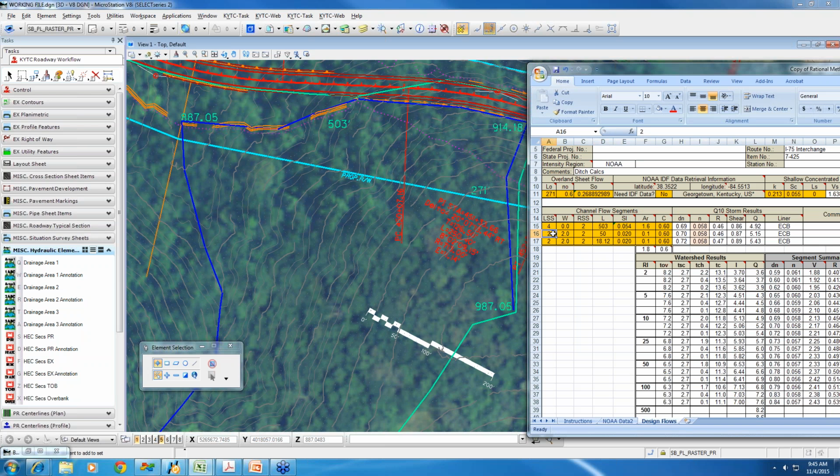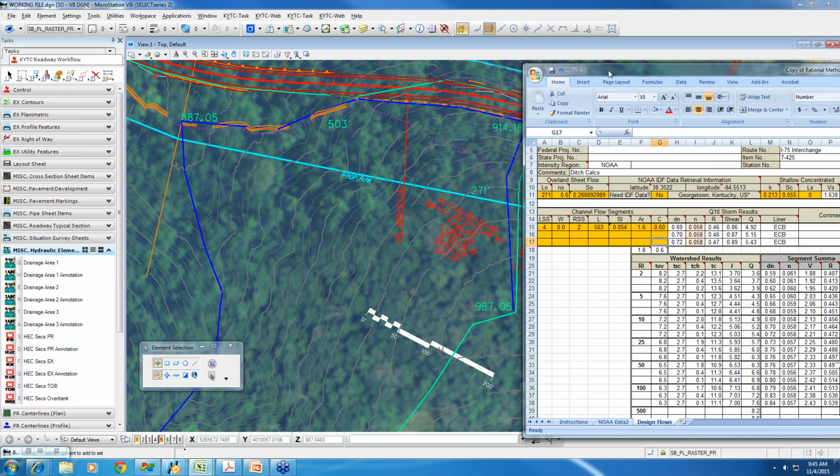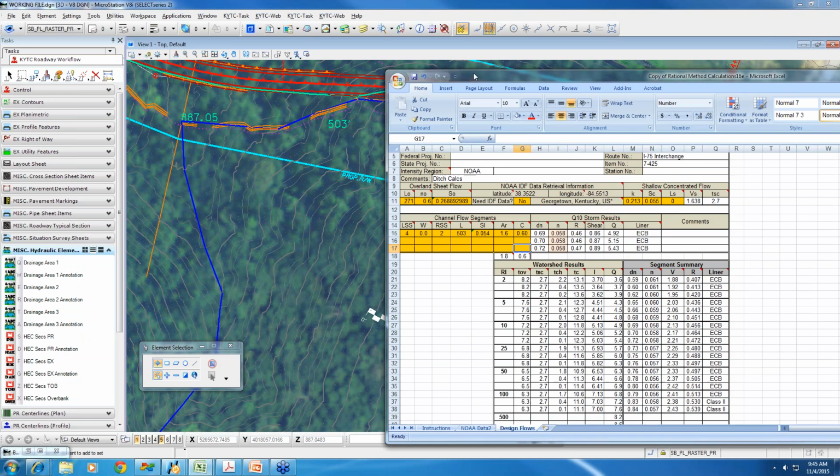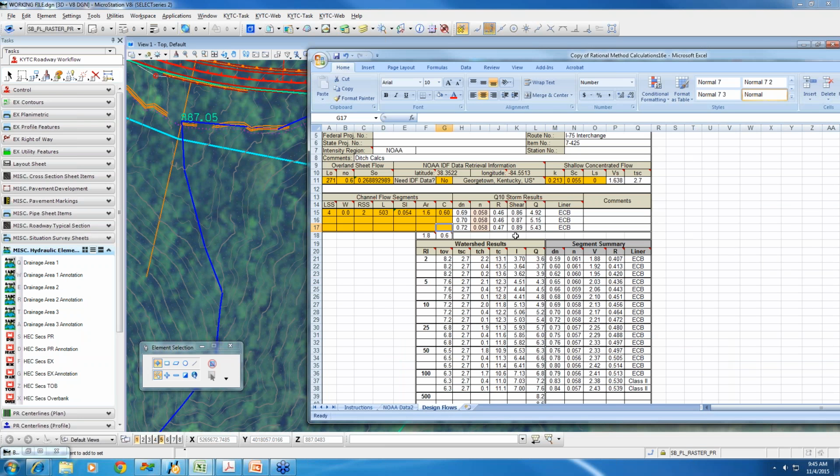And we can get rid of these that came in here by default. We're not going to use these. I guess I should have noted this a long time ago. The orange are user input values. Everything else the program will do for you. So we had 11.002 acres, and now we have a C value,